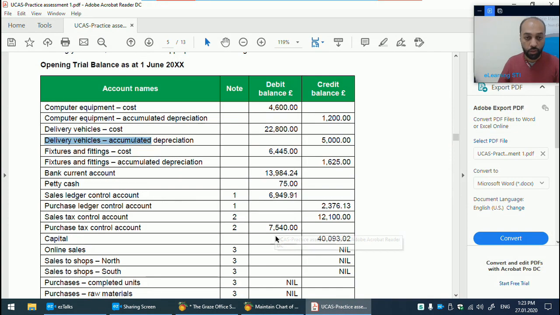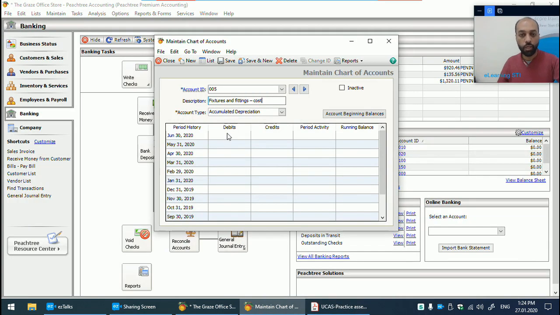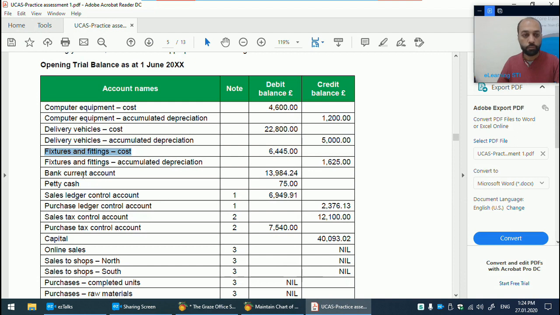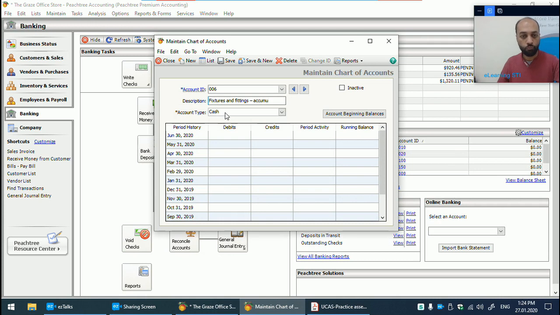So 005 will be fixture and fittings, because sometimes we may forget one line by mistake. So instead of that, so this is fixed asset. So 006. Fixture and fitting. Here will be accumulated depreciation. So now 007